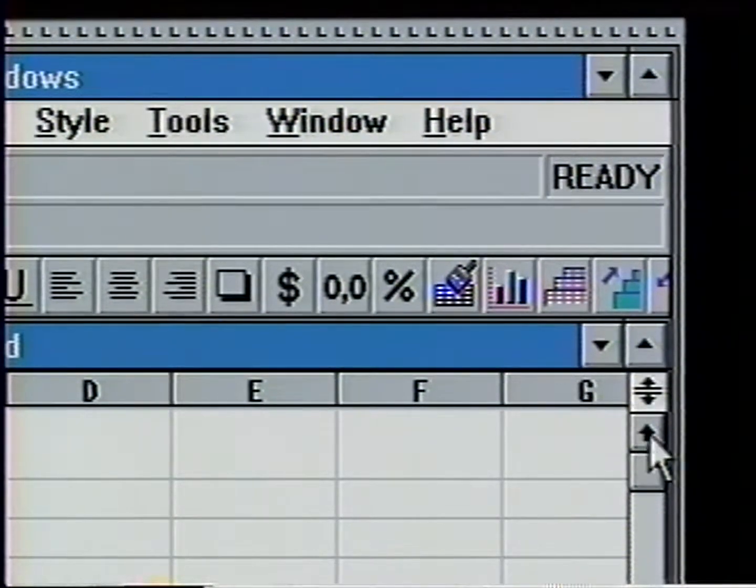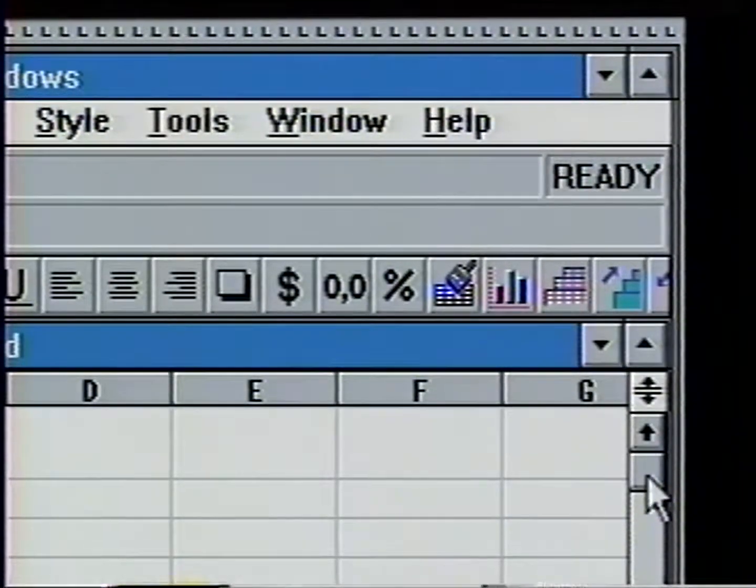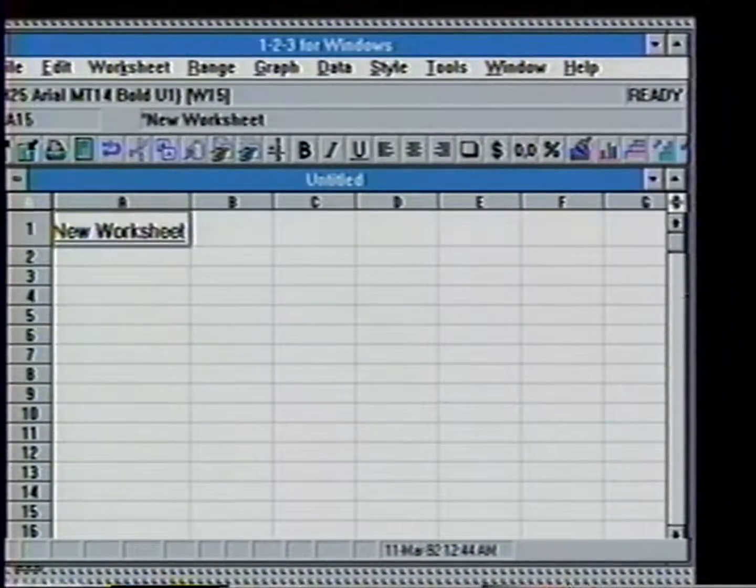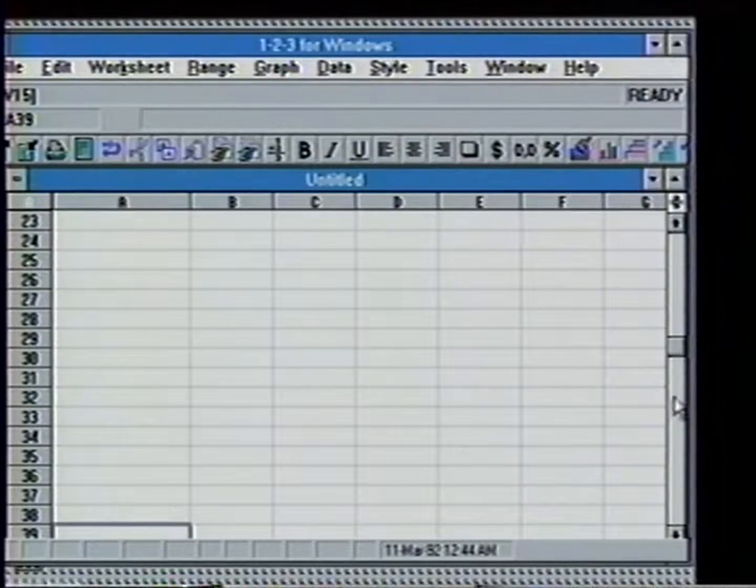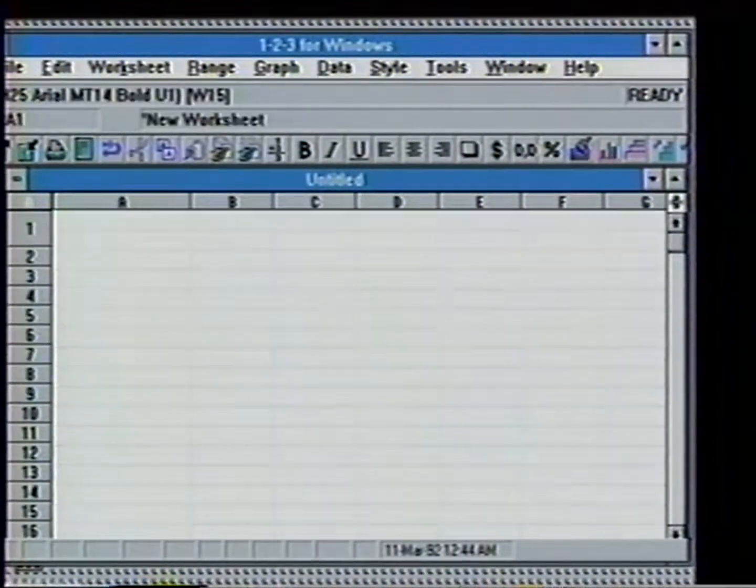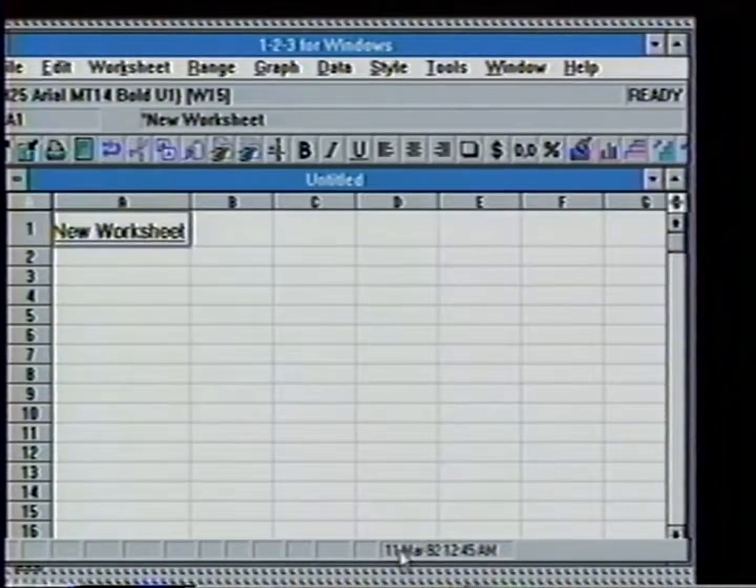Now, on the right and at the bottom of the screen are scroll bars, which let us move around in the worksheet. They allow us to look at more information vertically, above or below the current window, or horizontally. Just click and drag. Down here at the very bottom is the status line, where we can see the current date and time, and other information, like whether the numlock key is on, or the caps lock or scroll lock